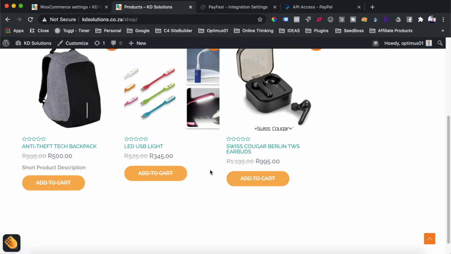We are going to go and set up the multi-currency settings now. So if someone outside of South Africa comes to the site, this will then be displayed in US dollars or another currency. So where you want to go to set this up